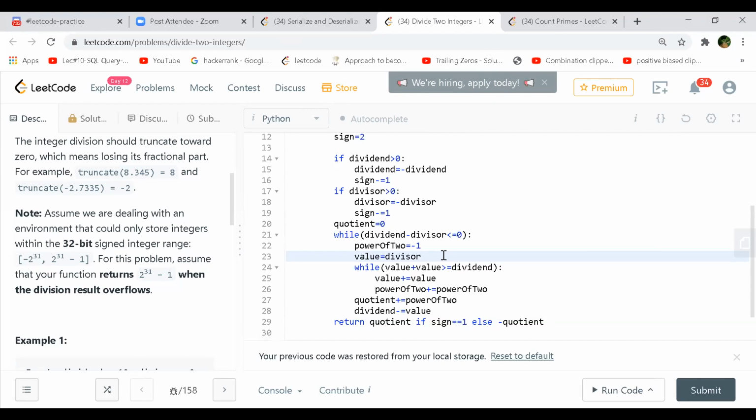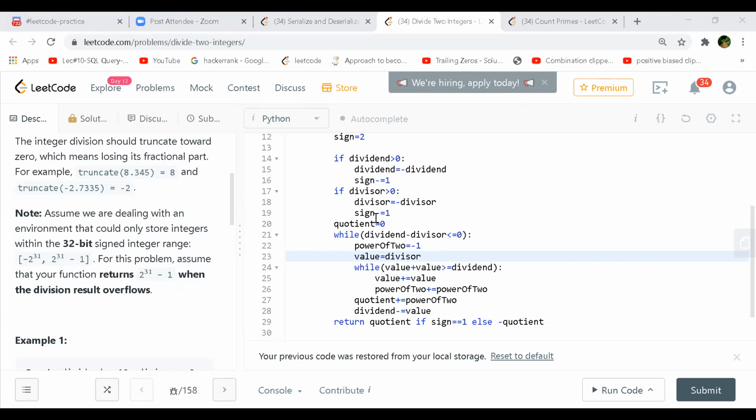So instead of O of n, this will be sort of log n square. Correct. Because you're actually doing it as a power of 2 and you are adding value on line 25. So you are incrementing your divisor in exponentials of 2, correct? Therefore that is what actually will be log n operations. And then you are also increasing your power of 2 because your quotient will also increase by power of 2, and that adds another log n. So it becomes log n square, something like that.